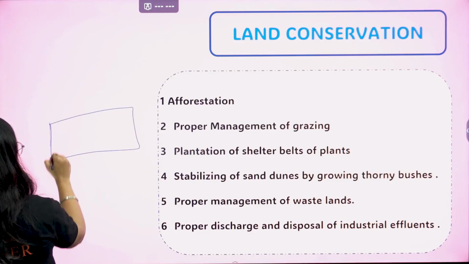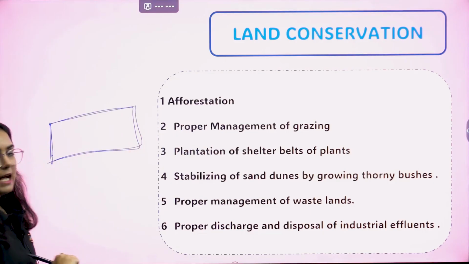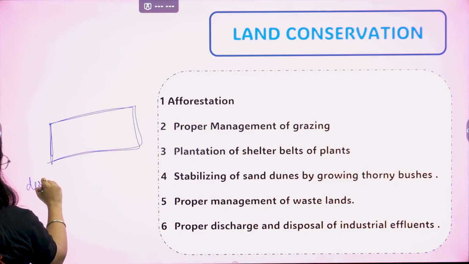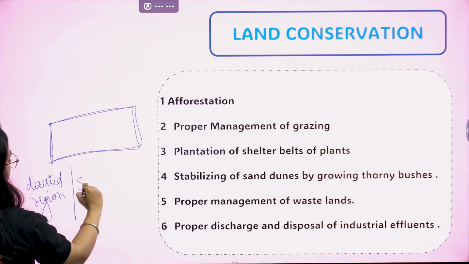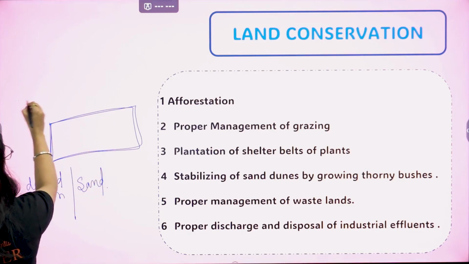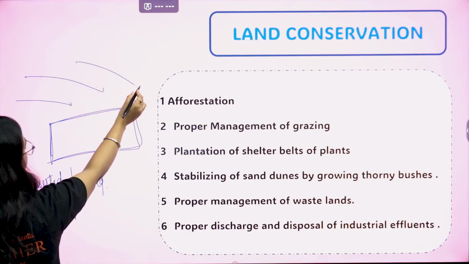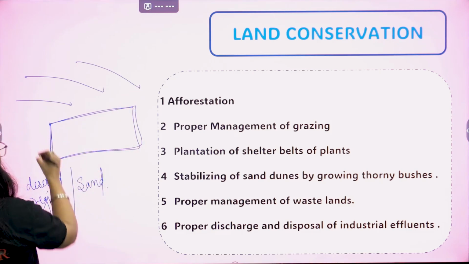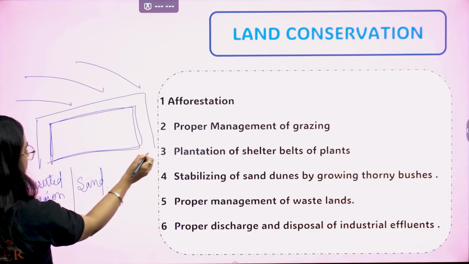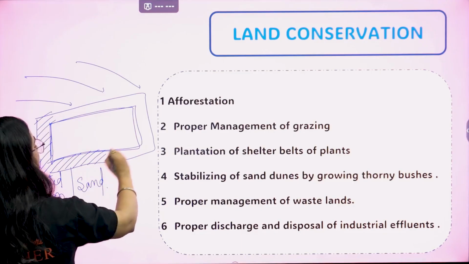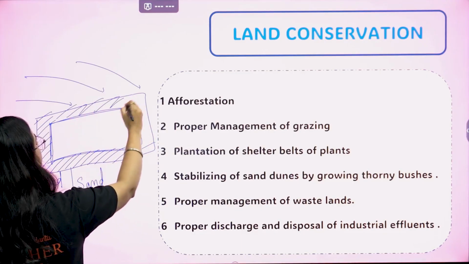I will tell you. For an example, this is your land, okay? And this land is near a deserted region, okay, or a region which has sand, but this is fertile. Whenever the air comes, it will bring sand along with it. If sand is spread in this region, will the land remain fertile? No. So what can we do at the corners of this land? At the corners of this land, we can grow crops of large trunk, and we can create a shelter,